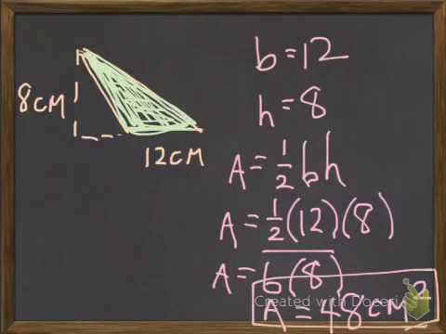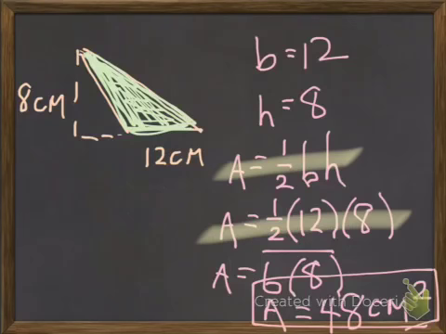So when you're doing your classwork and your homework, I'm going to grade this based on you showing your work. So if you just write an answer key and send me an answer key, you're not going to get all of the credit. You need to show me. Let's highlight the steps real fast. I want to see the original formula. I want to see you plugging it in, and you should have another step in there, but I'm not going to check that one. I'm going to check this one. I'm going to check the 3 steps. The original formula with no numbers in it, the formula plugging in the number